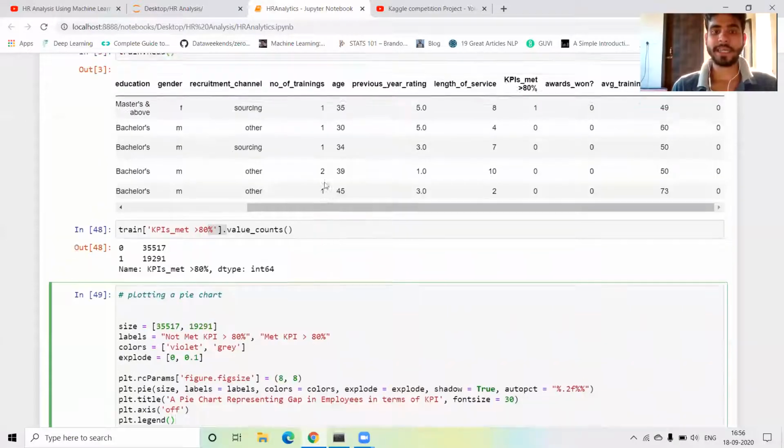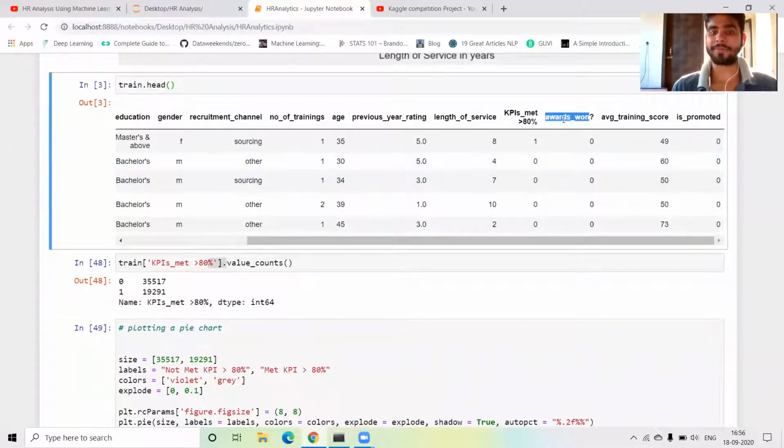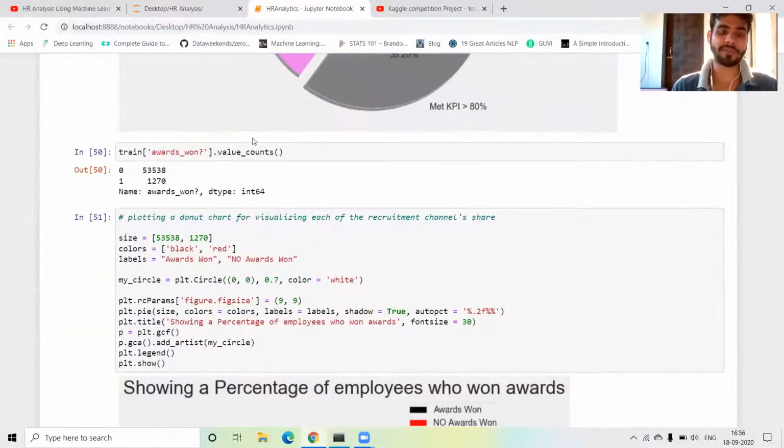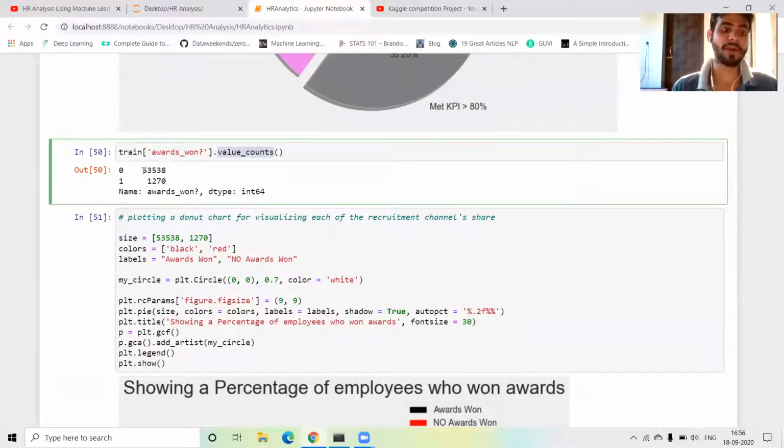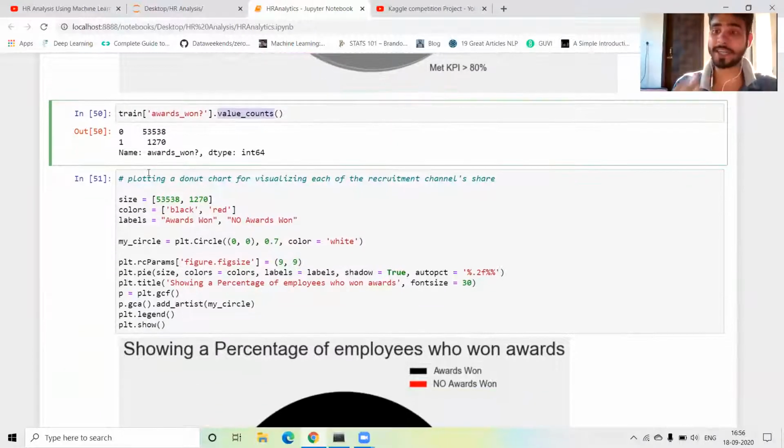Next our next column is the award won. In the award won column, first of all I check the value counts. 53,538 people have not been awarded, and only 1,270 people are awarded. This is a real-time example, guys.